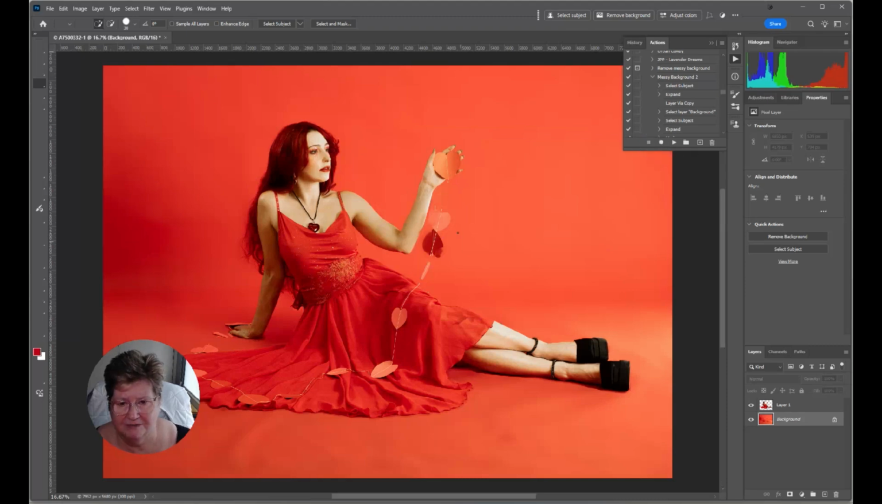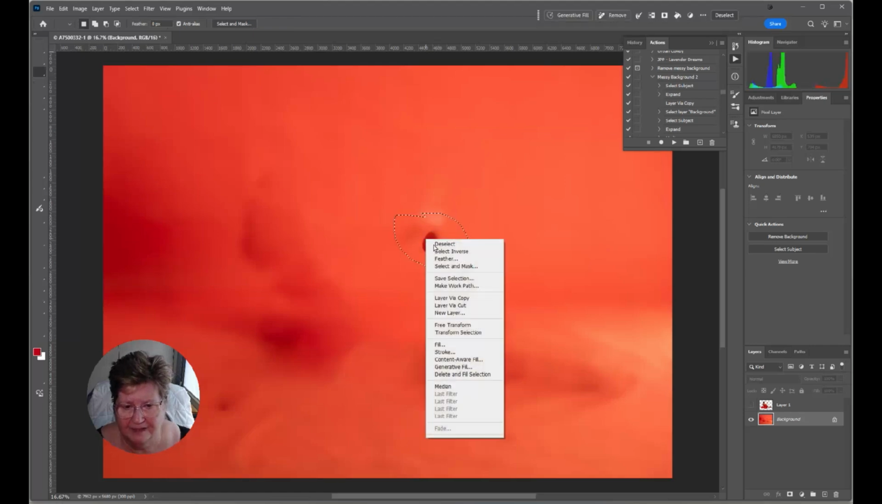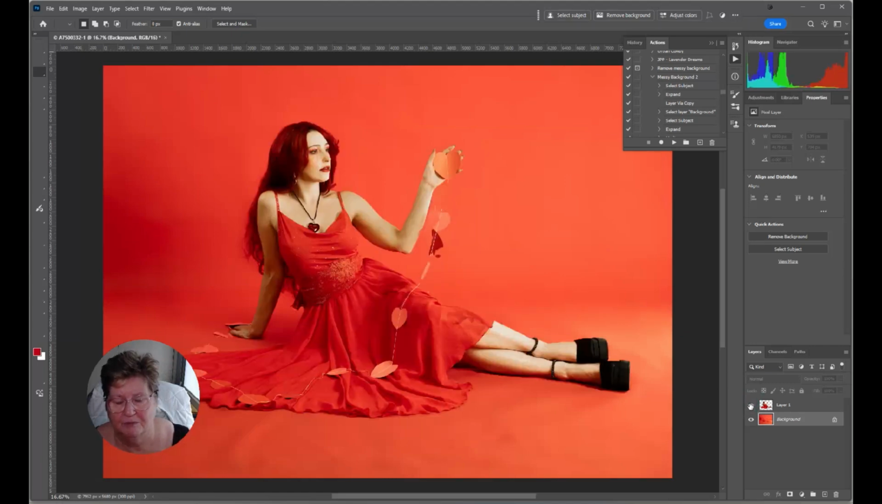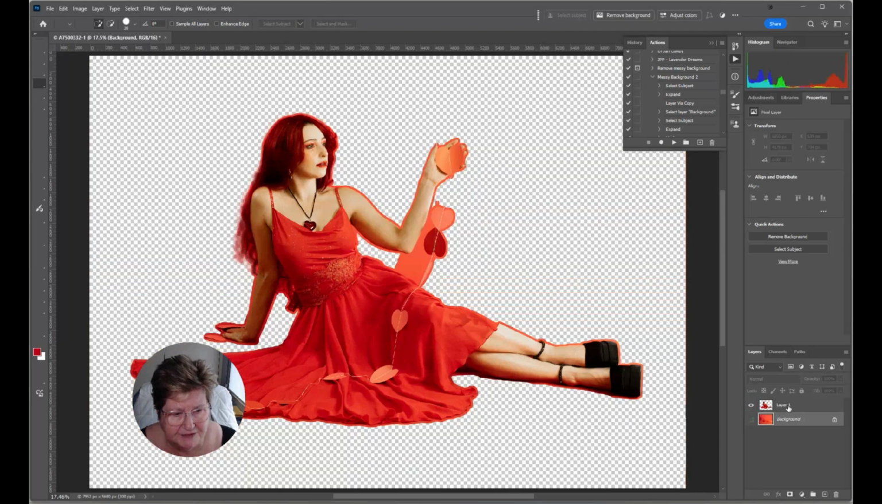Now I did notice there was a little bit of a mess there. So what I can do is come in with the lasso tool, select that, and go Delete and Fill, and that'll get rid of that. So when I put my model back on there, it's there. Once I've done all that, you can go through and double check. If there's anything that you do need to remove, you can do that. So if I check